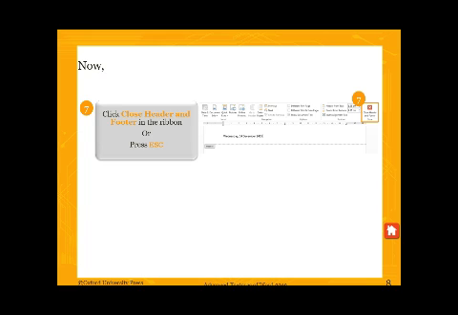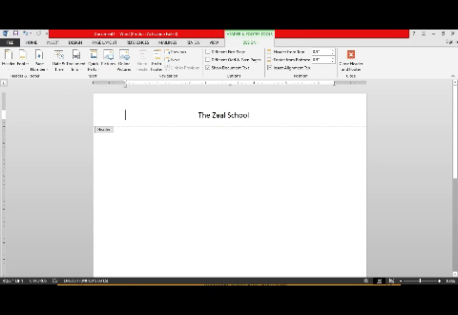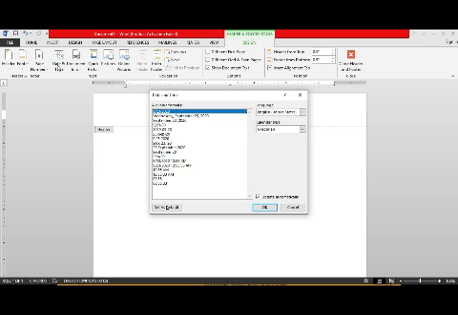Now let's practice. Students, follow these steps to insert the current date or time. Double click in the header or footer area. Place the insertion point at the position where you want to place the date or time. Now click the date and time in the insert group. The date and time dialog box will appear. Select a date or time format.